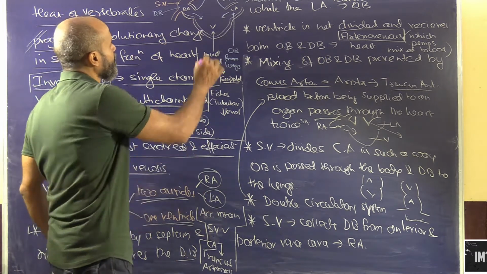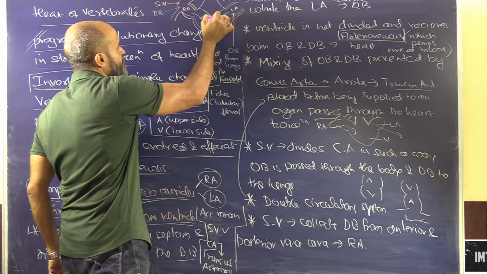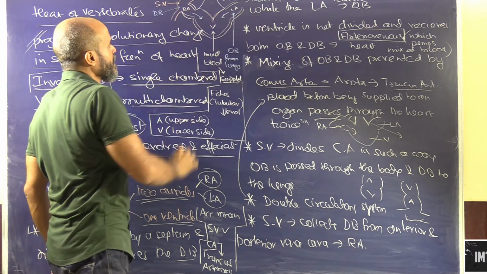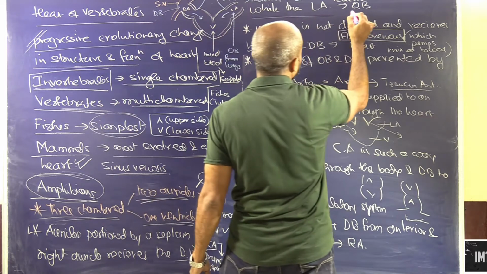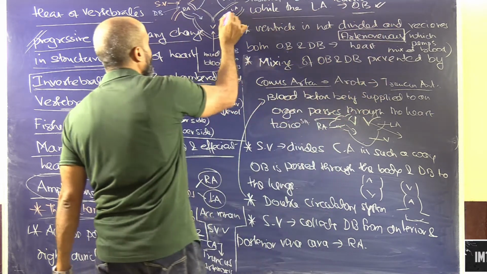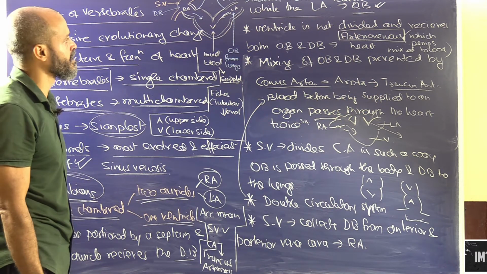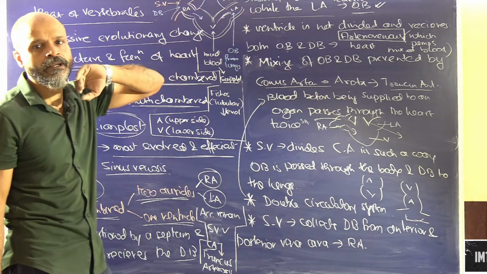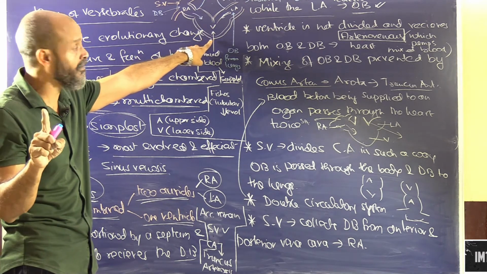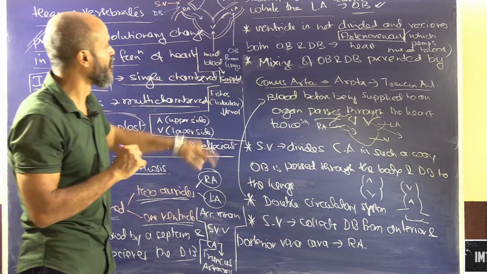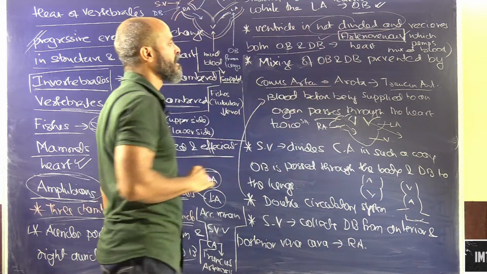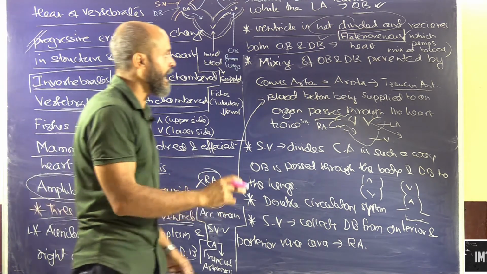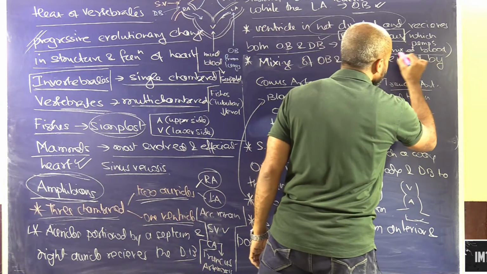So auricles are partitioned by a septum. There is basically a septum out here which partitions, so this receives the deoxygenated blood, while the left auricle receives oxygenated blood from the lungs. So the auricles don't mix blood, but in the ventricle the blood mixes. Okay, so the ventricle is not divided and receives both oxygenated and deoxygenated blood, and hence the heart pumps mixed blood